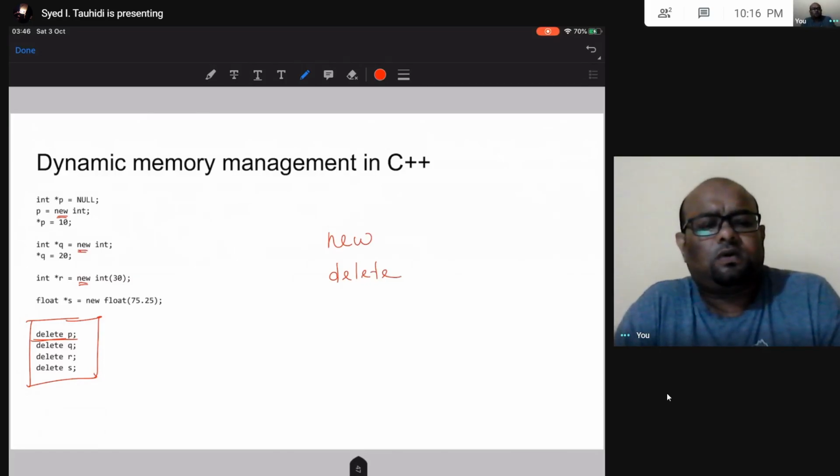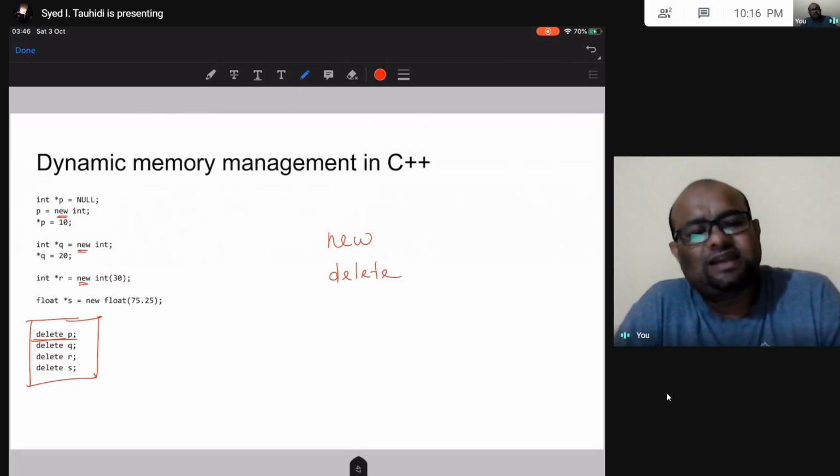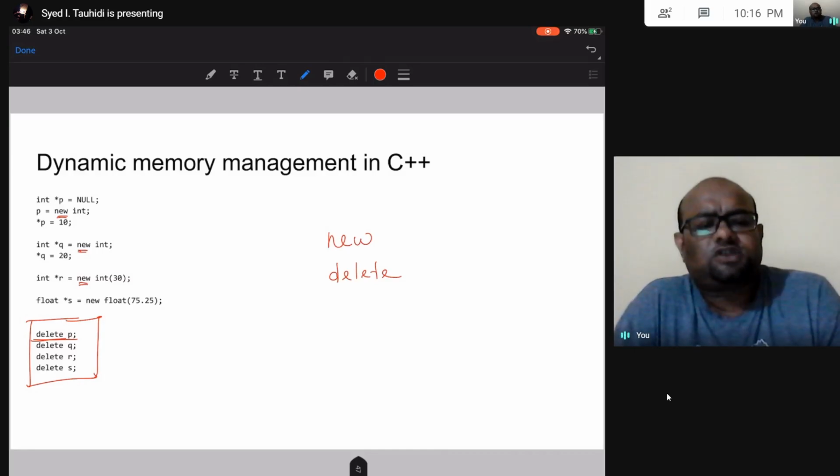So one thing that I want to point out, this does not give us any added power. Okay, so we can use malloc and free like we were using in C, in C++ as well, because you notice that C is a subset of C++, so everything that we can do in C, we can do in C++.